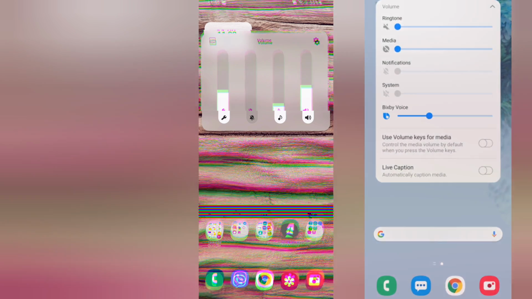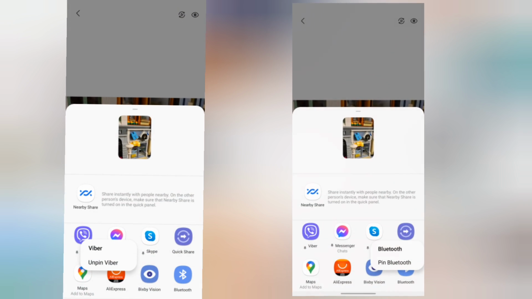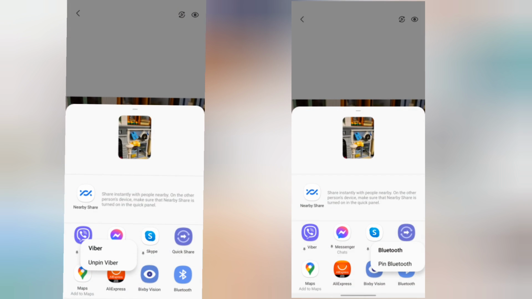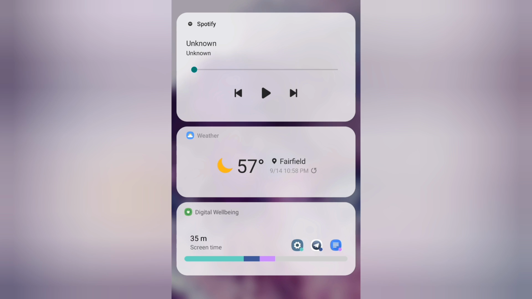Yet another of the native Android 11 improvements that Samsung also includes in One UI 3 is the ability to pin apps to the top of the sheet with share options. It's one of those things that make you wonder how come it had to wait until version 11 for us to get there. We've been using third-party apps to rearrange the apps on the share screen since Android's native automatic sorting has always worked in its own mysterious ways and often got in the way more than it helped.